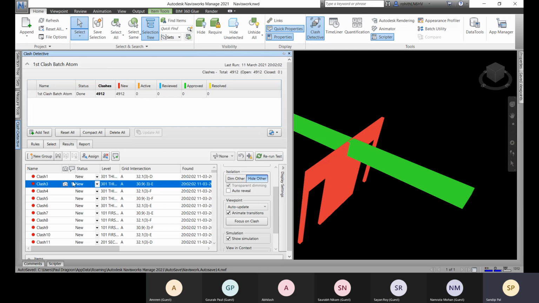That means this is assigned to someone. This icon means this is assigned to someone, and here you can unassign it again. If you want to change it to somebody else, you go for this unassign, and again you can assign. Now here you can see this viewpoint.